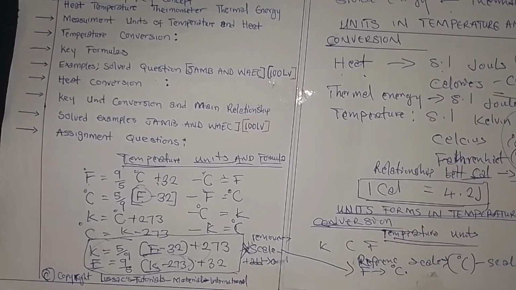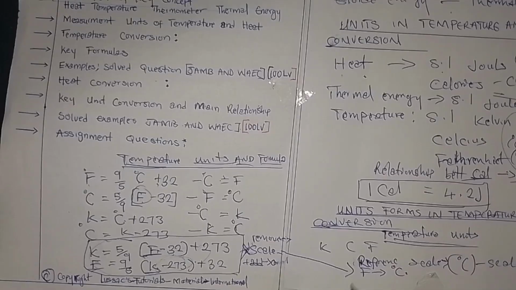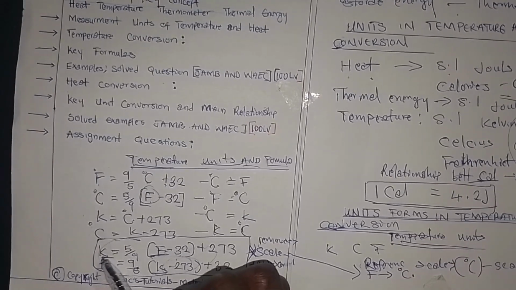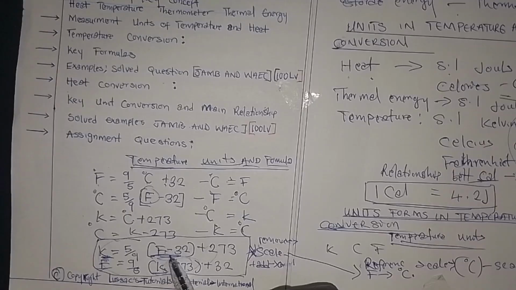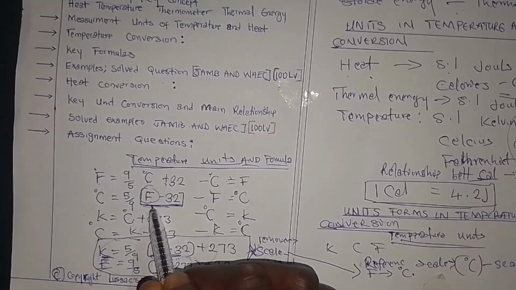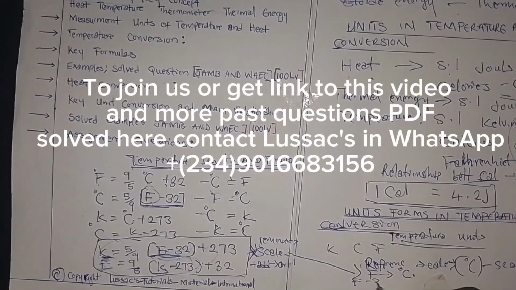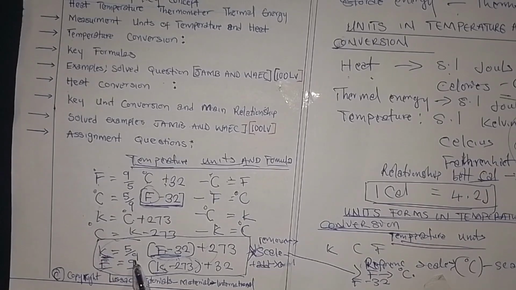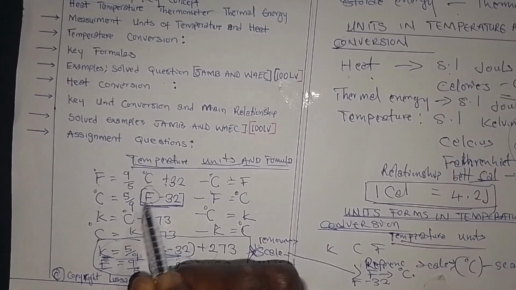How do we convert it? By scaling. Let's look at this one. Now this is degrees Fahrenheit. How do we convert degrees Fahrenheit to Celsius? This is it. Do we understand? F minus 32. Then what is the scaling? Do we see something here? So to convert degrees Fahrenheit to Celsius,